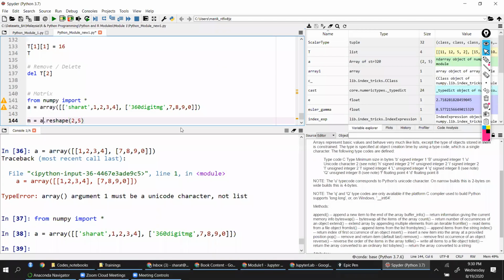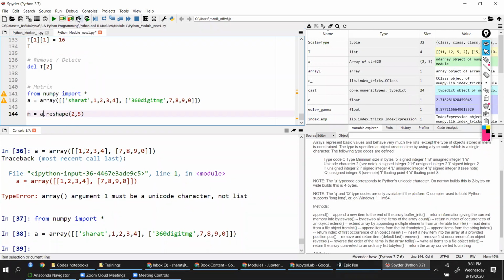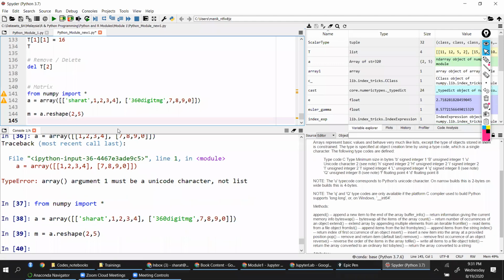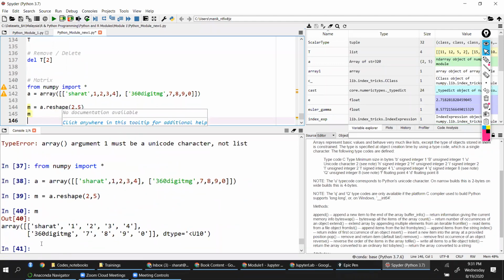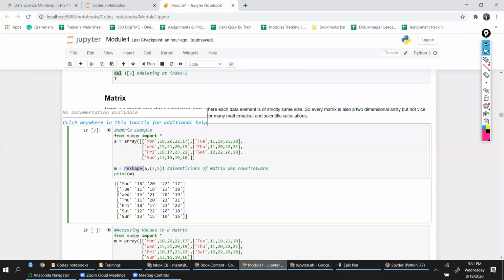Reshape. I'm not sure if it works. It should work if I'm not mistaken. Yeah. And if you see M now, it is going to give you a matrix, right? It is converting itself into a two-dimensional matrix like this.